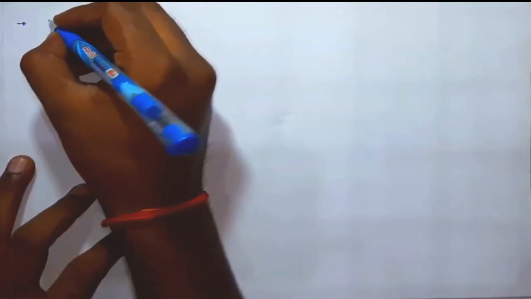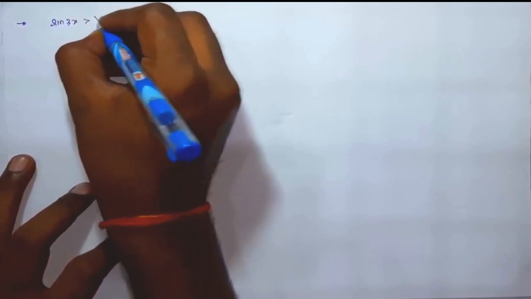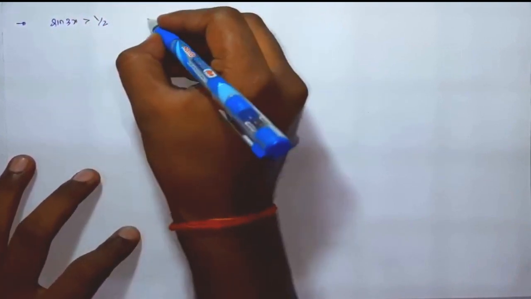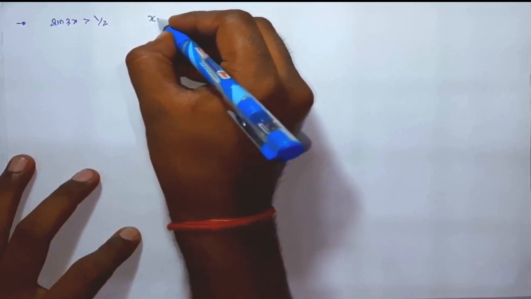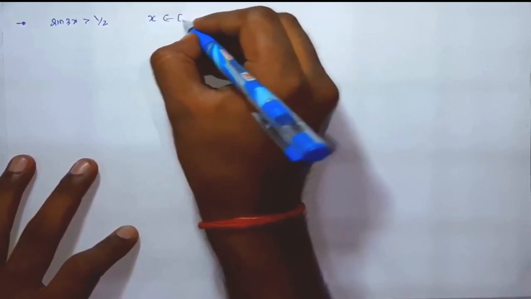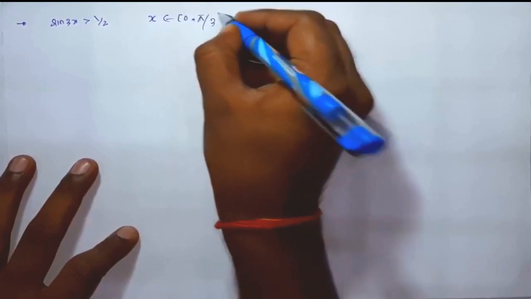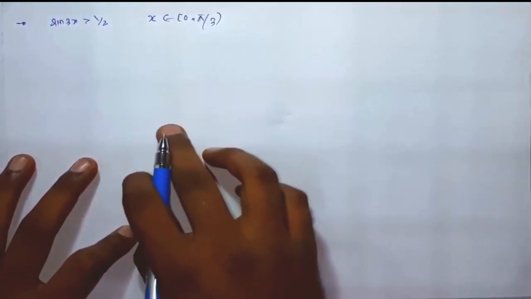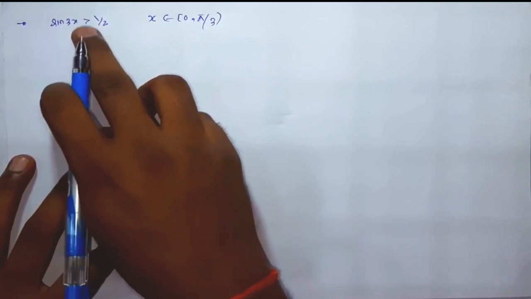So in this tutorial we will see some more examples based on how to draw the graphs. I'm going to take one example like this. I'm going to take one inequality like sin 3x greater than 1/2, and we are saying that we need to limit the values of x like 0 to pi by 3. Then we need to calculate the values of x for which this inequality is going to be satisfied.